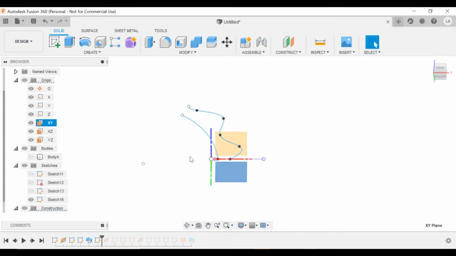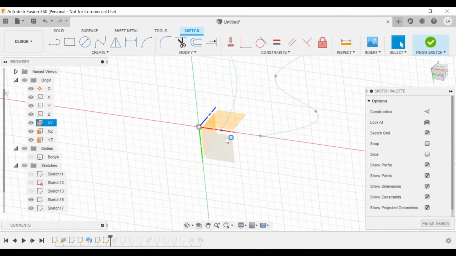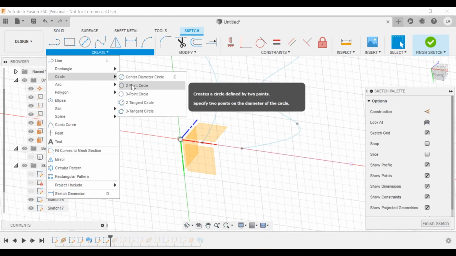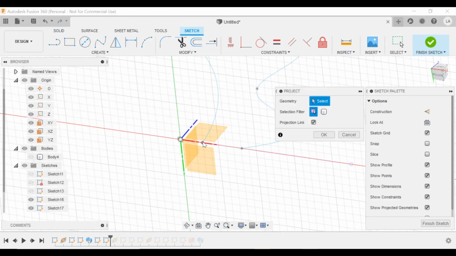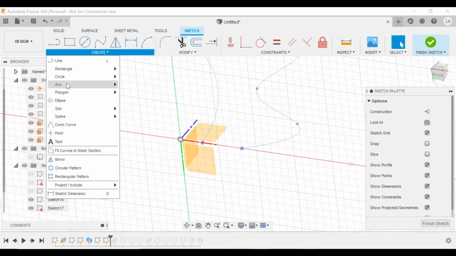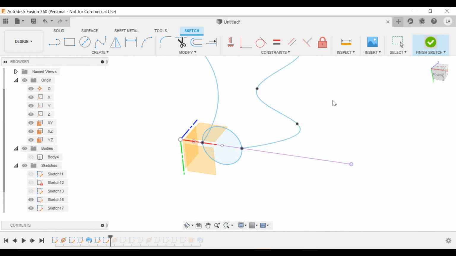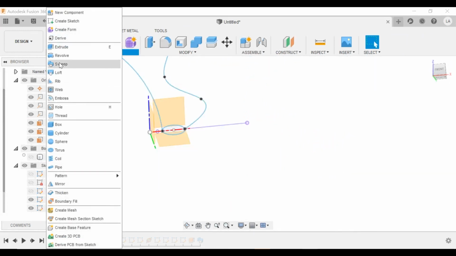Next, if we create a sketch on this XY plane, what we'll do is create a 2-point circle and we'll just project through the endpoints of those two bits of geometry we just created previously. So we'll go 2-point circle, and we'll sit the 2 points on those lines that we just created. So we'll go to create, sweep,